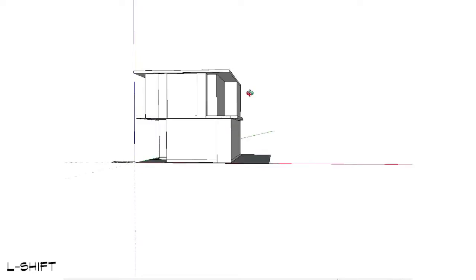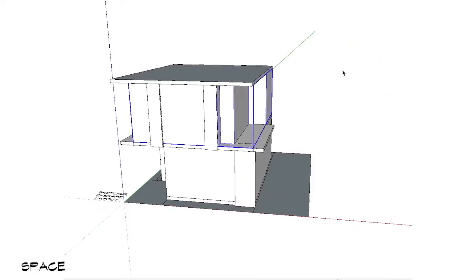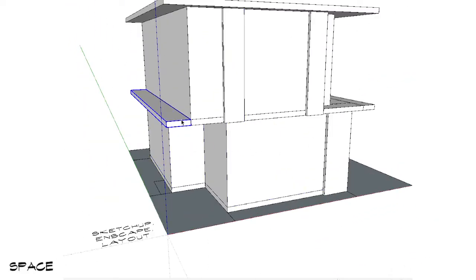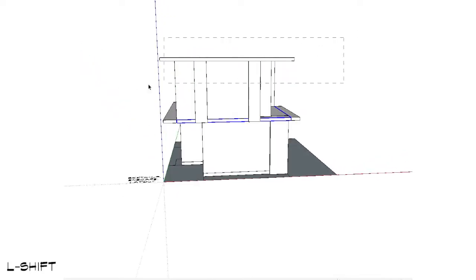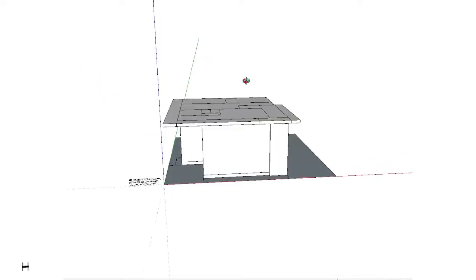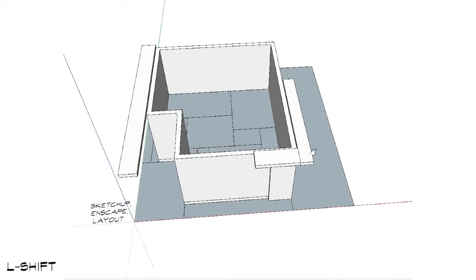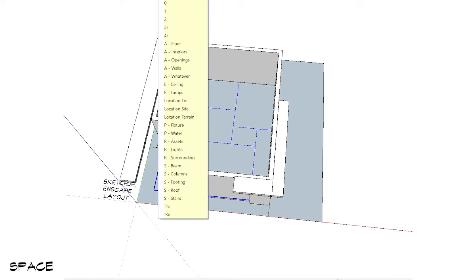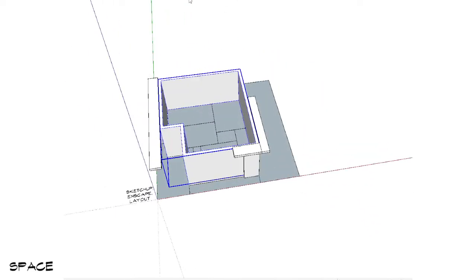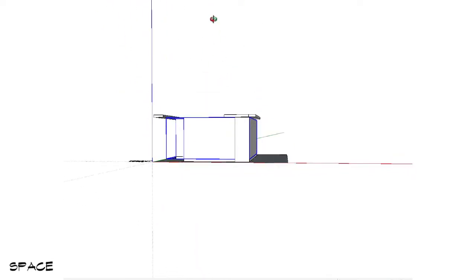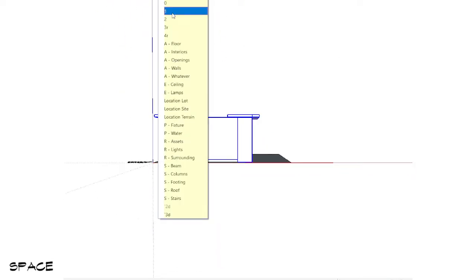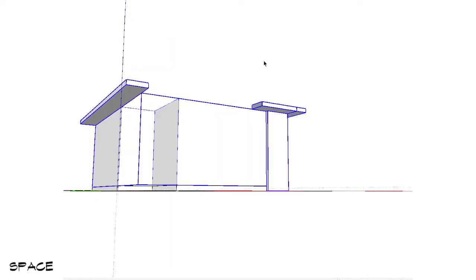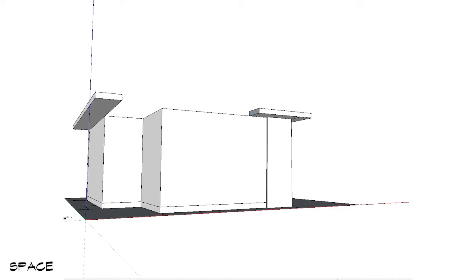So let's say we know our organization, that this is the wall, the whatever, or the cladding, and then the slab. So if I were to hide this using H, let's show first. The first thing we modeled is the floor plan. So I'll put that under number 1 for the first floor, and let's say everything down here is number 1. Now in that case, if these are all number 1s, then we could not actually separate them in our organization